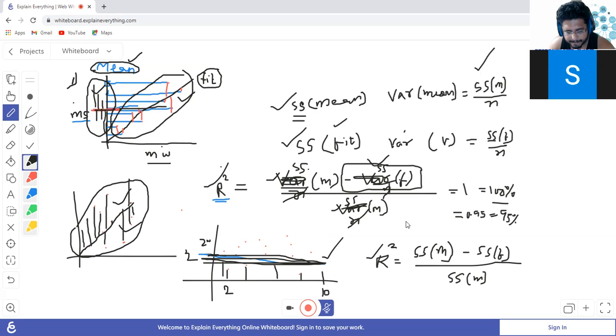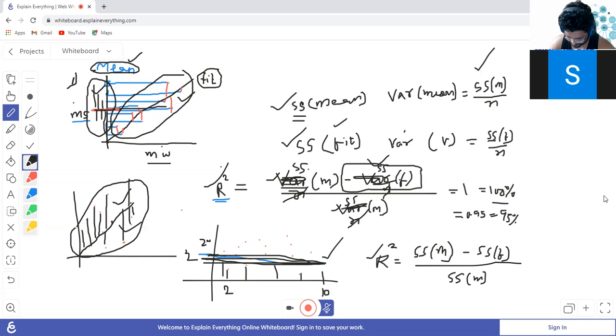Yeah, so when we calculate the R square, do we calculate on the training data or test data? Same data. You have to calculate on the same data. Otherwise, it is statistically insignificant, because there is no statistical meaning of that data, since you are calculating on two different samples. So you have to always calculate on the same sample.